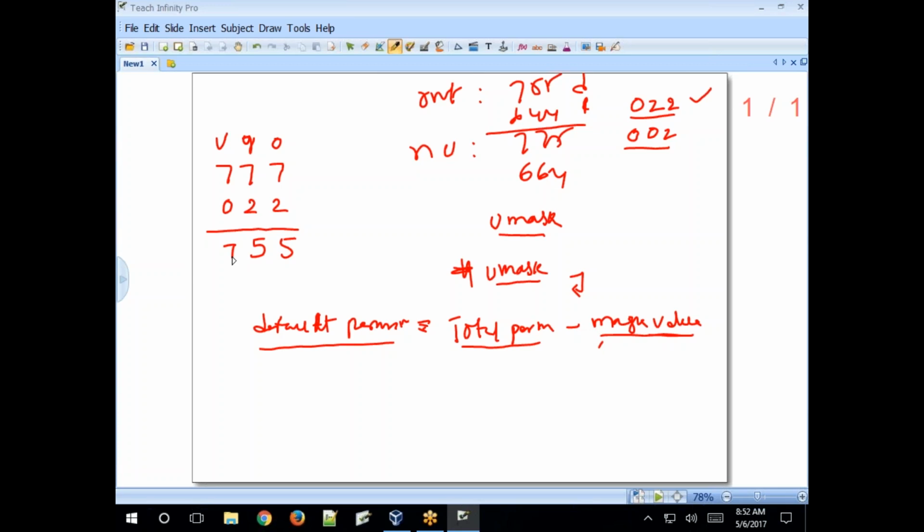Okay, so for a directory 755. What about a file, 644? We'll see later. The total permission is 777, and 777 minus 002 is 775, right?